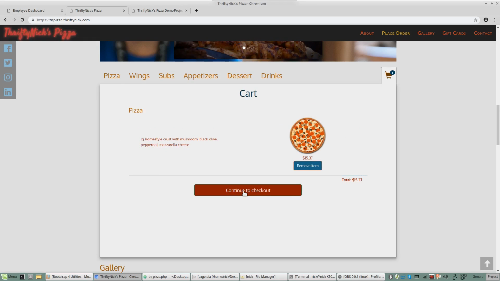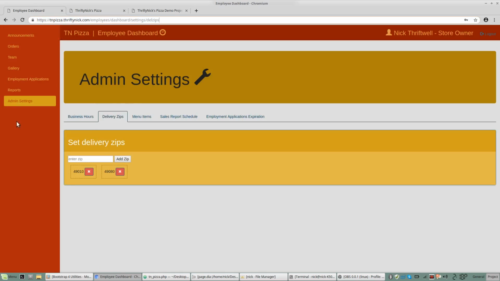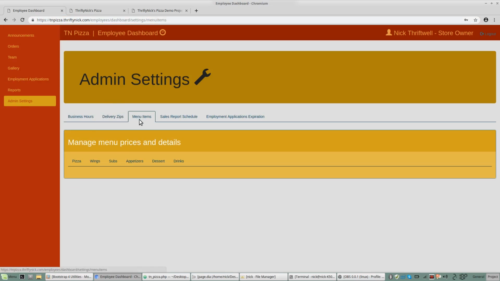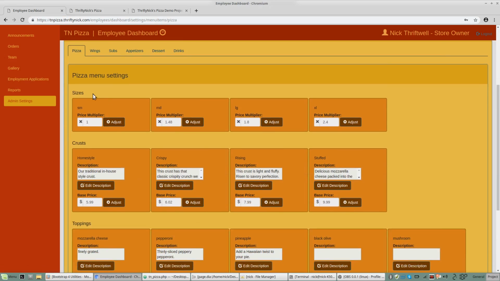Okay, now before I check out, I want to go into how the pricing scheme works. Over here in our dashboard, and you can only access this if you're the store owner, you go into menu items, and you can see all the sections of the menu here. So we go into pizza, and you can see these are the sizes, and the way that it works is